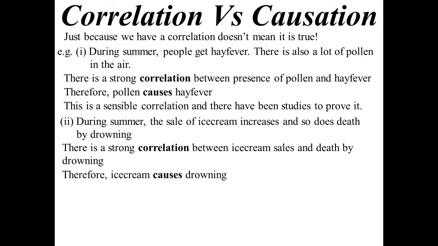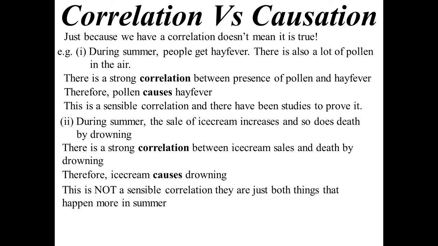When you're using experimental data, the first step is to go, I want to see if there is a relationship. So you do it and you'd say, actually there's a strong correlation. But that's not the end point. You then say, maybe this needs further investigation. I can see it looks like there's a strong correlation, so now I'll go and investigate this. And so like in the first one, people have done further studies and found that pollen is causing hay fever, whereas I'm sure they haven't done studies on, what do you know, ice cream does cause drowning. That's not a sensible correlation. They're just both things that happen more in summer. Correlation does not mean causation. All right,